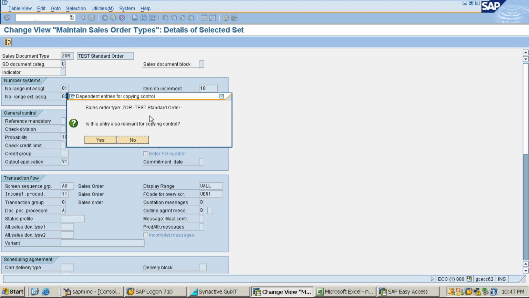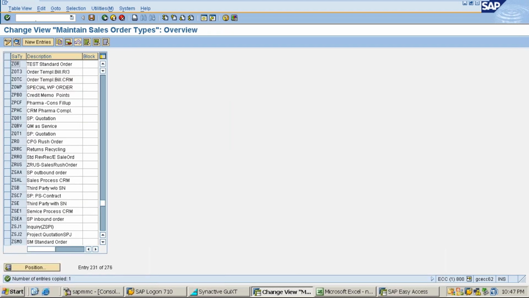If you do not want to copy the background, and only copy this particular document type, then you can press no. I don't want to copy the background copying controls. This time I'm going to press no. I just wanted to copy only this particular entry.